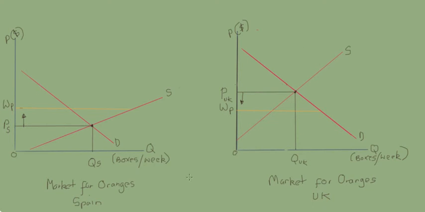And then the next thing to notice is that with a trading partner, we no longer have a situation where demand has to equal supply in equilibrium. In fact, we've achieved an equilibrium where there's actually a discrepancy between demand and supply in the two countries. So